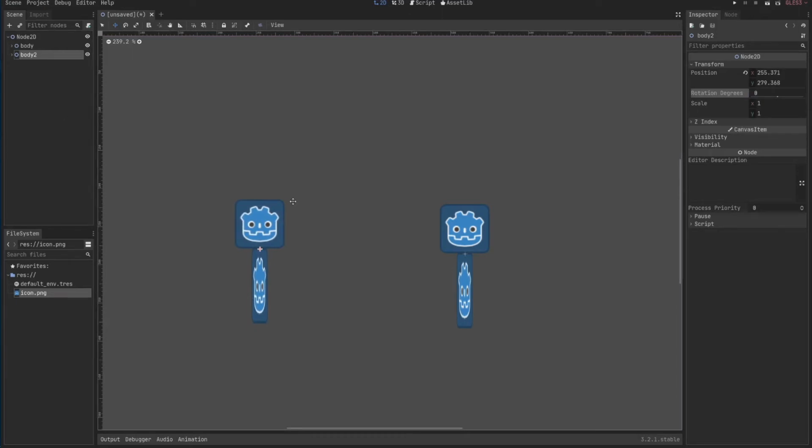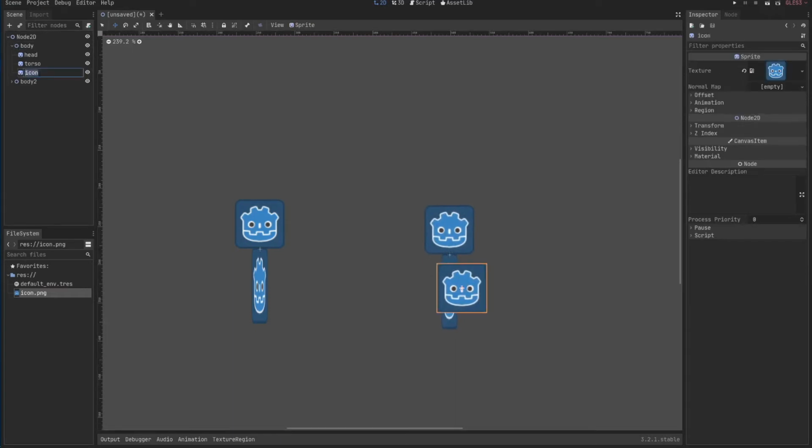However, now we'll go over what a scene is and how powerful having multiple scenes is for Godot. You can see here that in my scene I have 2 bodies, but let's say I wanted to add a leg to all the bodies. Now I need to go in here, drag the icon again, or whatever the texture, the image of my leg is. I'll need to drop it here. I'll need to click in the icon, say this is a leg,